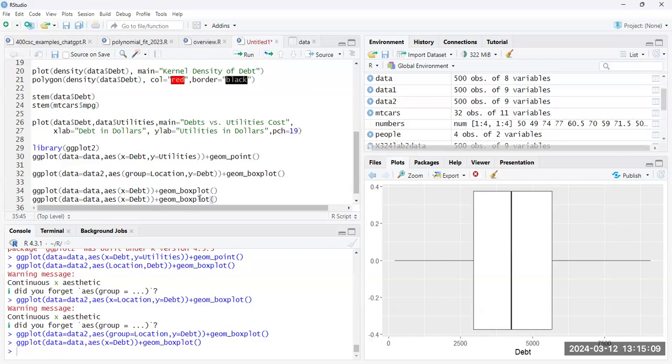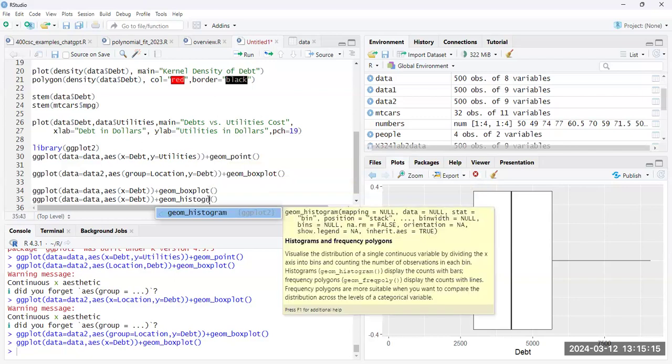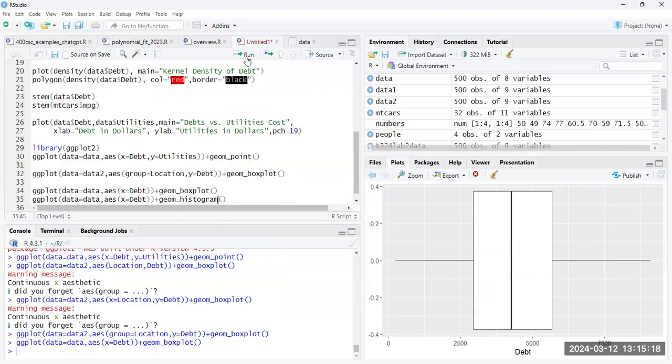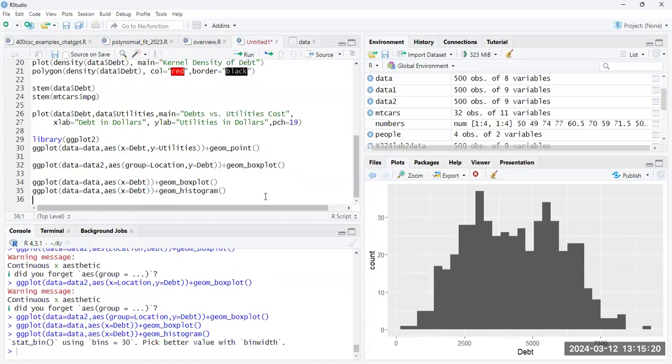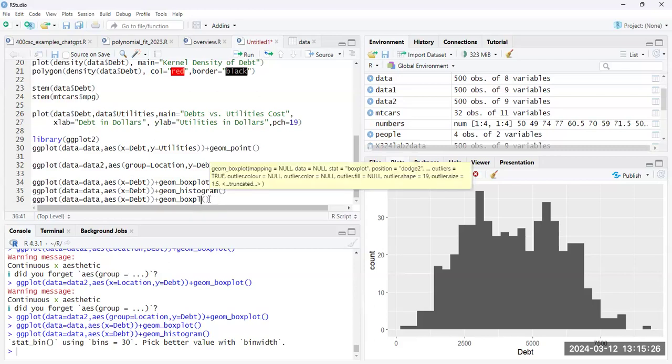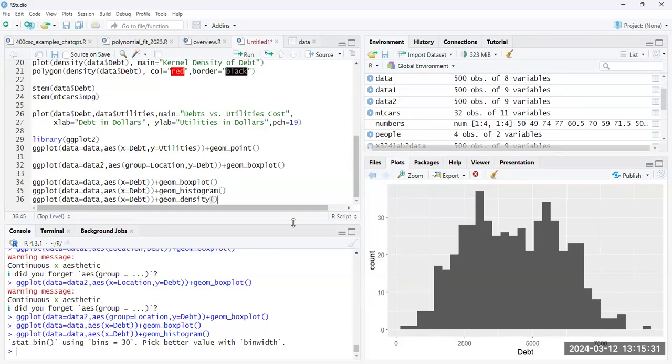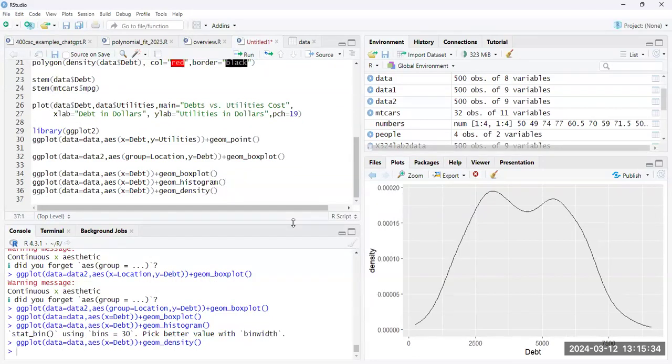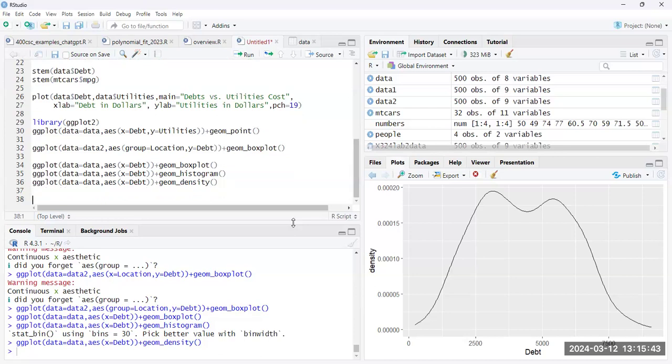If you want a histogram, then you use geom histogram. And if you want a density plot, then you'll get a density plot. And if we want to add some details, for instance, so if I want to make a histogram